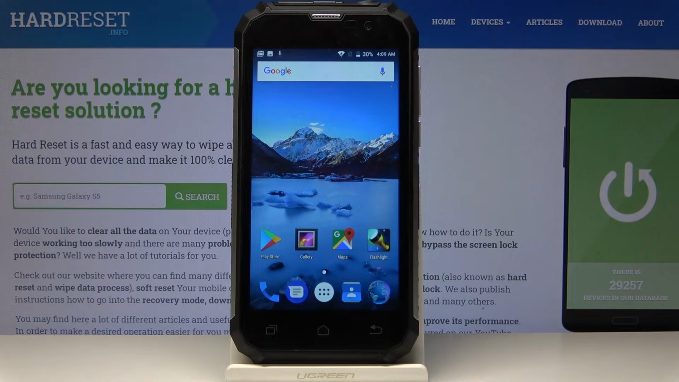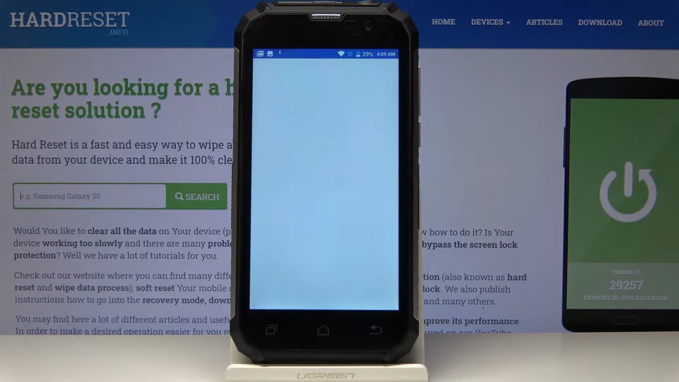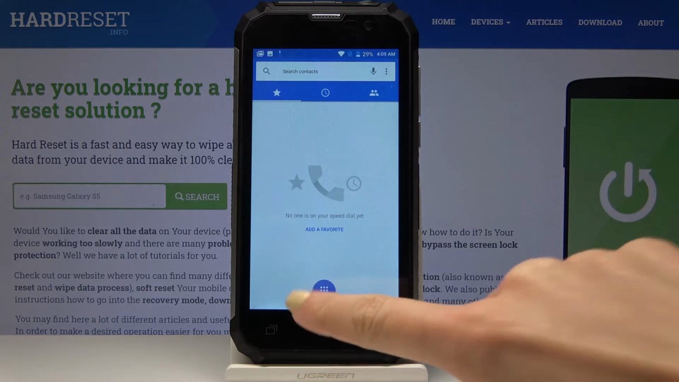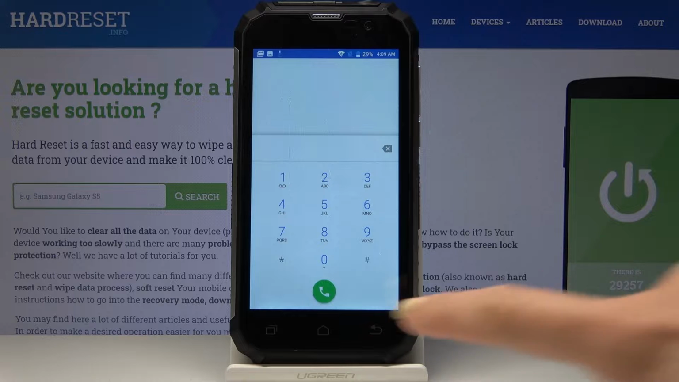Here I've got GEOTEL Pace to Lite, and let me show you all the secret codes for the following device. So at first let's open the phone dialer and then go to keypad. It's time to enter the first secret code, which is *##,